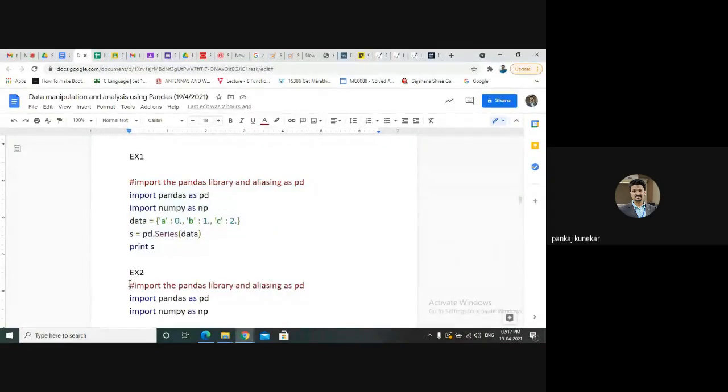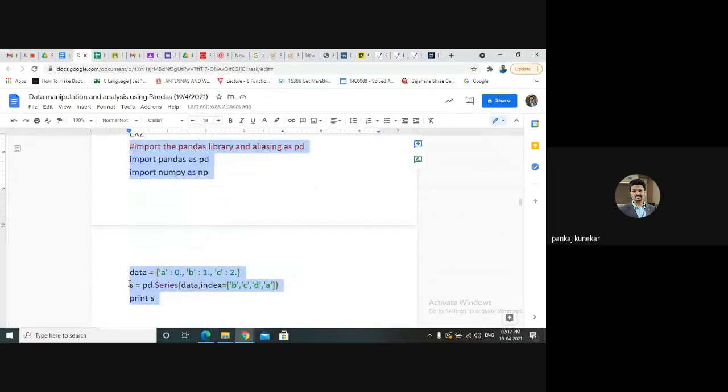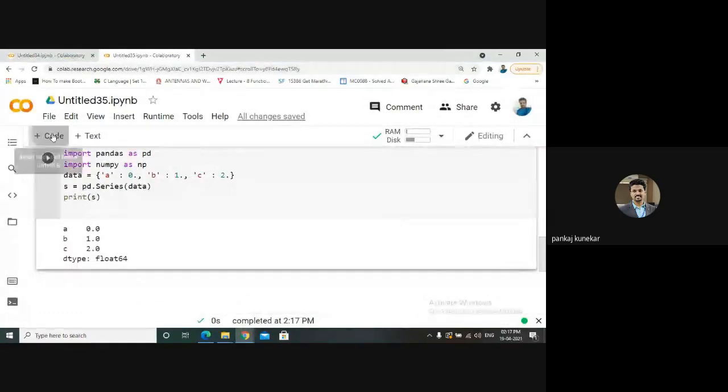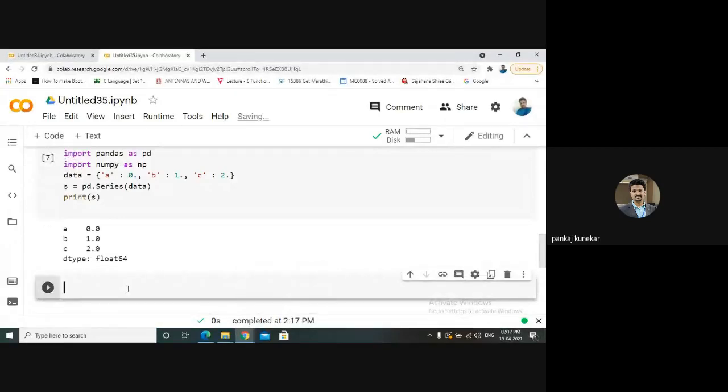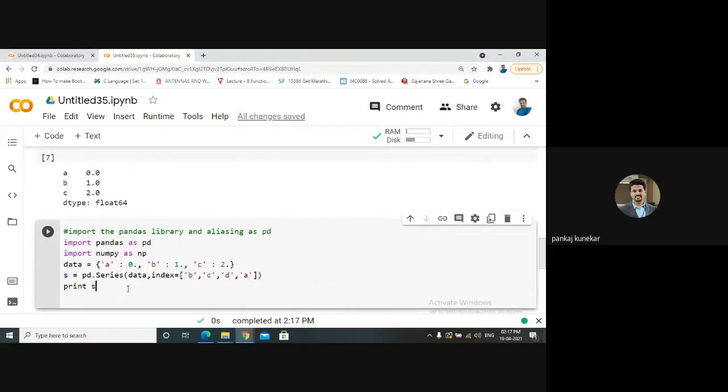One more example. We can change the index, though we have specified the key-value pair in the dictionary. We have already defined the key-value pairs A:0, B:1, C:2, but we can redefine the index using the index parameter.